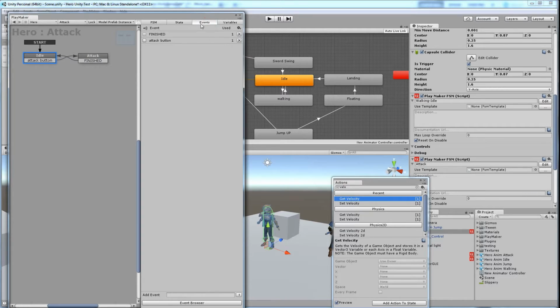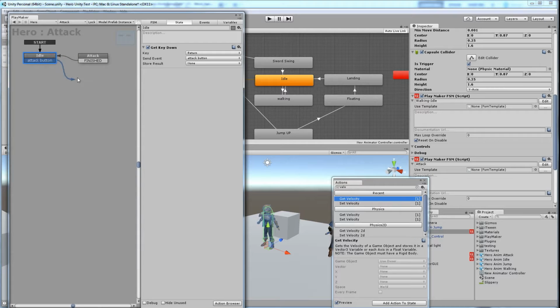Those are under events. So if I do create event down here, type in whatever you want and press enter, add, whatever, it'll add one. So I just called the transition event attack button. So when I go from here, I can then drag the arrow to where it's going to go, to attack, and that'll go to the next